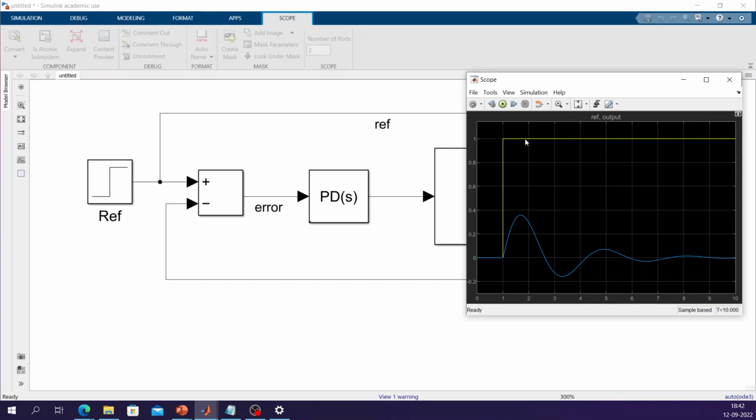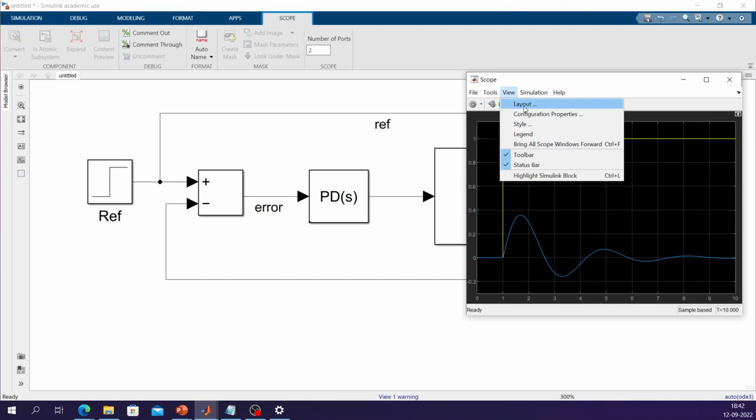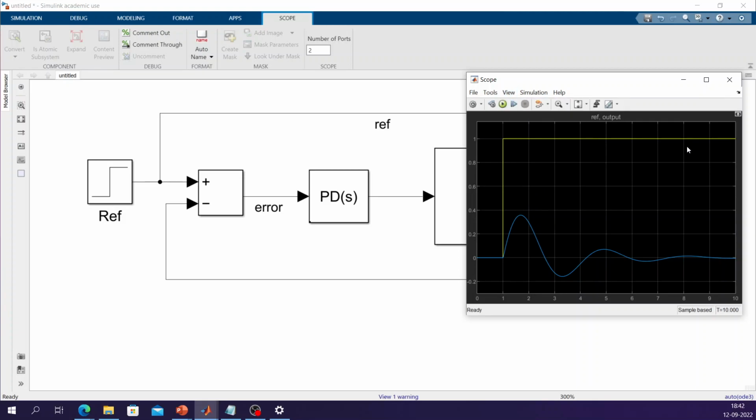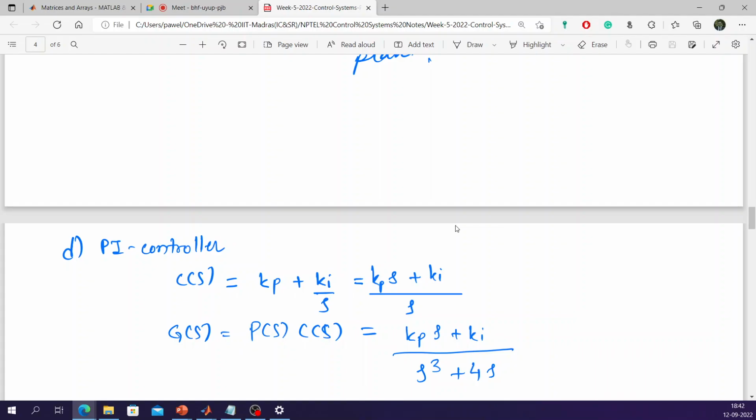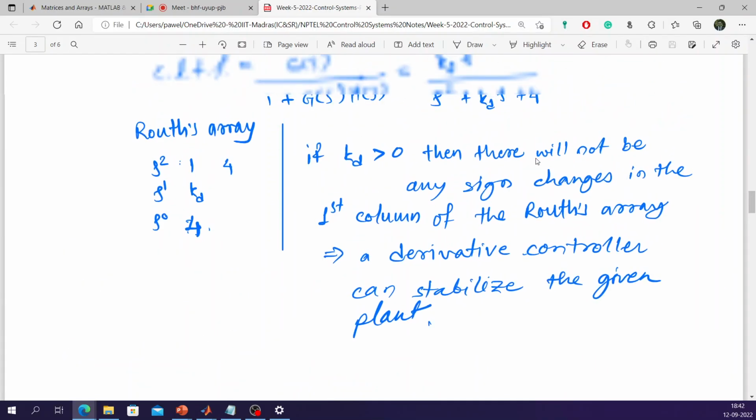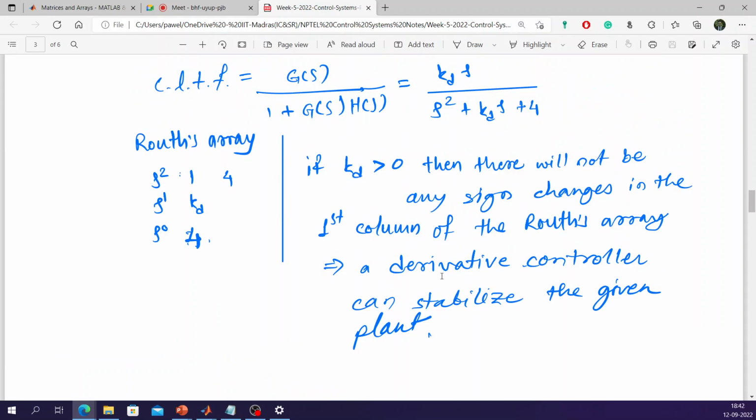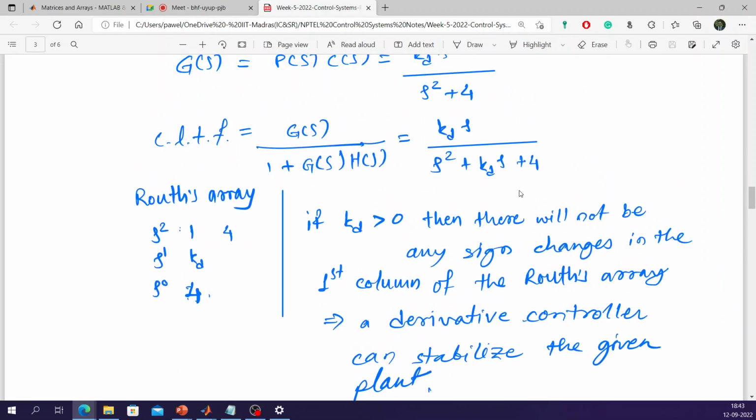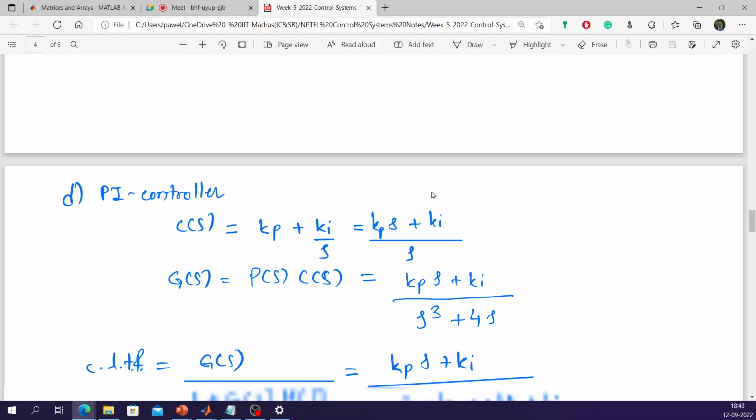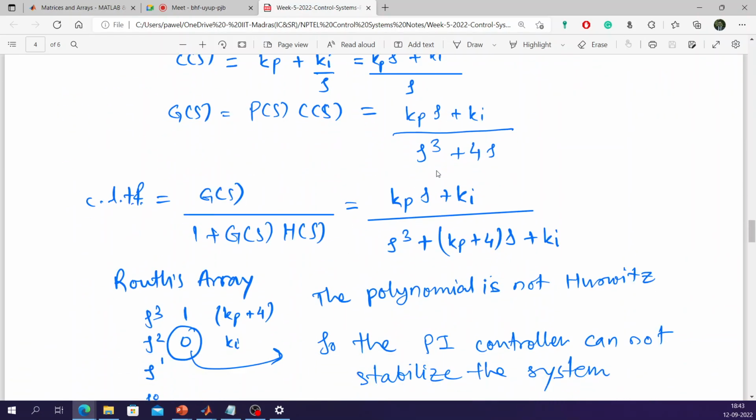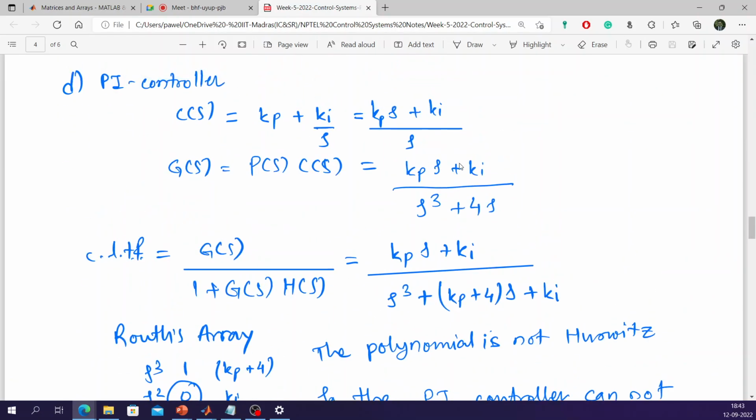As what we wanted, given here in yellow, that is the reference, and the output here is given in blue. Although theoretically it is able to satisfy the condition for stability, the performance is something which we are very far away from. Then we looked at a PI controller